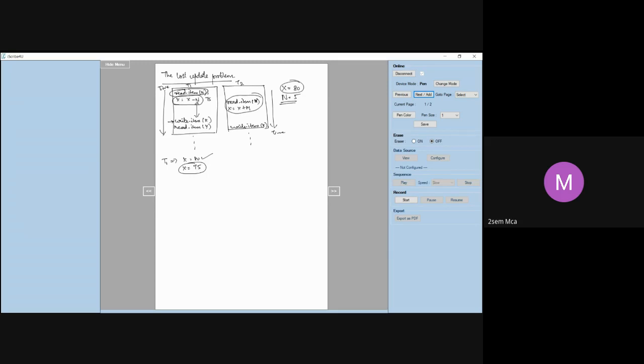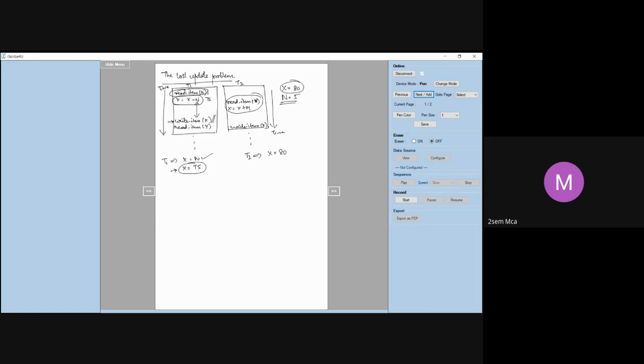So X will now become 75. But this 75 has not been recorded into the system. Before it is written, T2 will read it. So when T2 reads, the value of X is still 80, not 75. X has been changed, but it is not recorded or updated in memory.